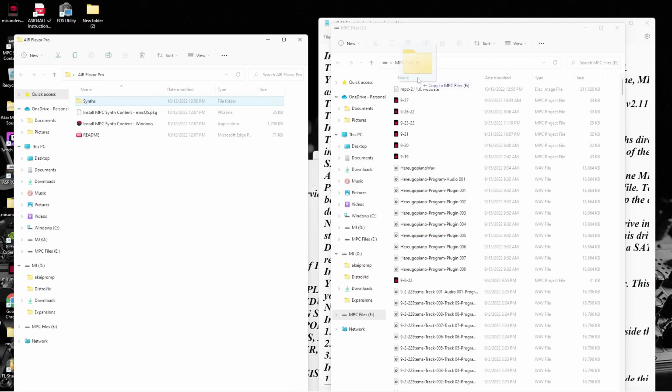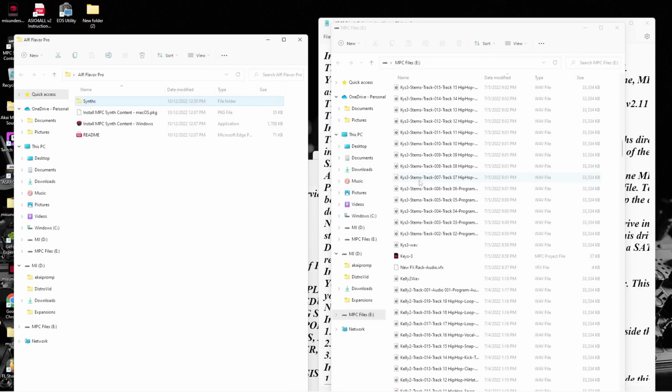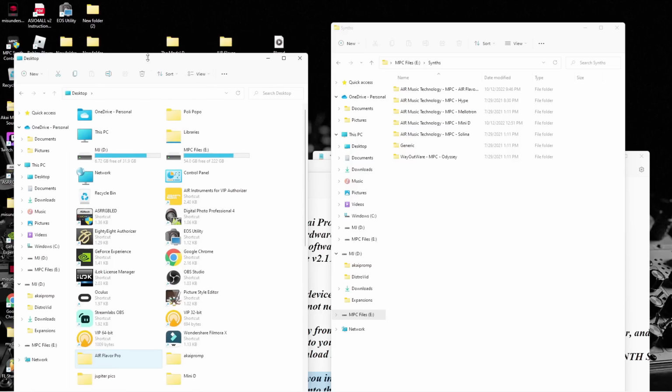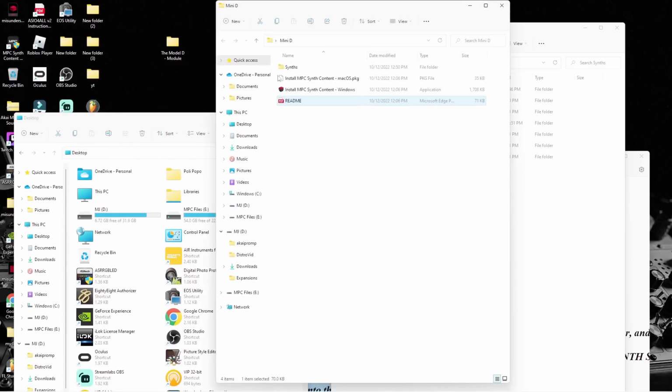We want it right on top of everything. This way, whenever you drop it, it doesn't go inside of another folder. You do not want it to go inside of another folder. We took the synths folder from Flavor Pro and dragged it in there over to the Mini D, and I